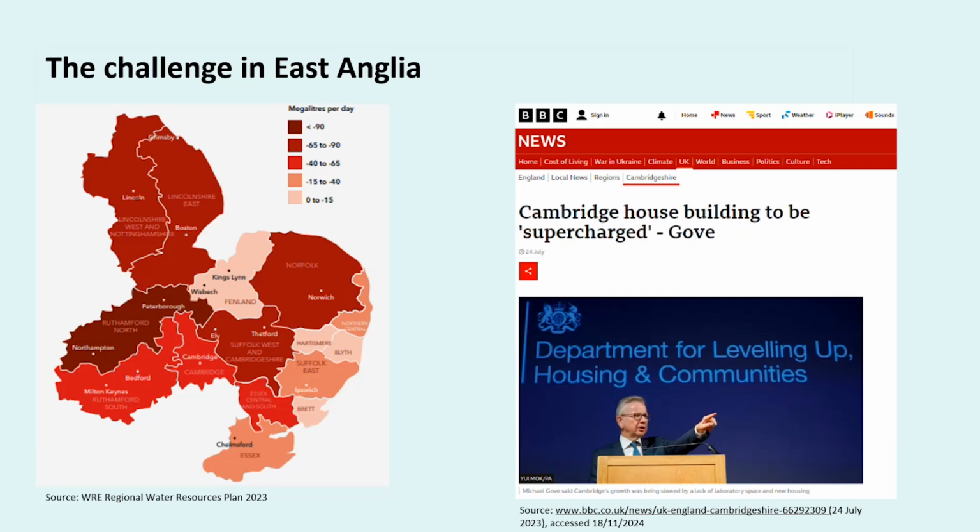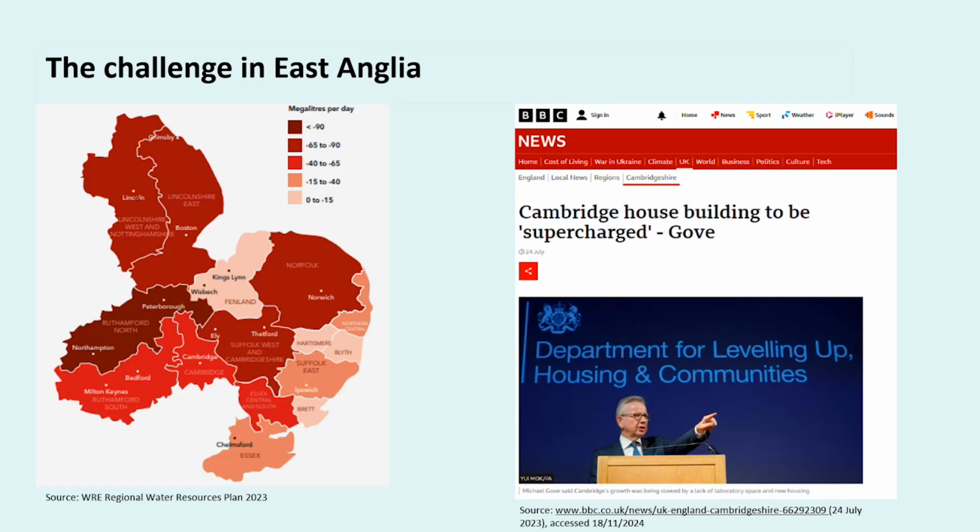In contrast, in Sussex, it's around 750 to 800. The low rainfall and high levels of development in Cambridgeshire have resulted in forecasts of significant supply-demand deficits by 2050, actually for the majority of East Anglia, as you can see in this extract on the left from the Water Resources East Regional Water Resources Plan published last year. The darker the red, the worse the supply-demand balance becomes.